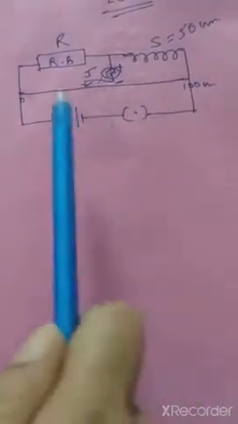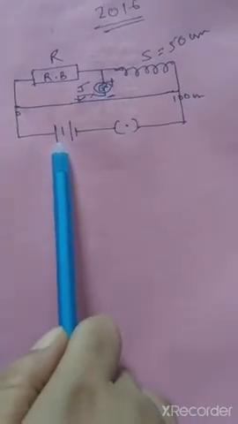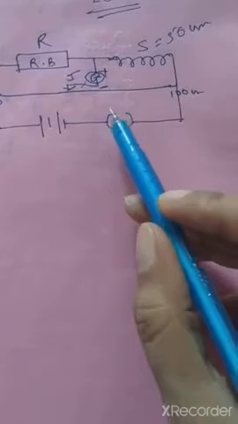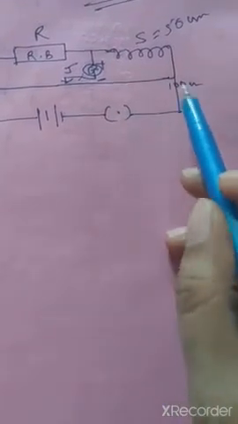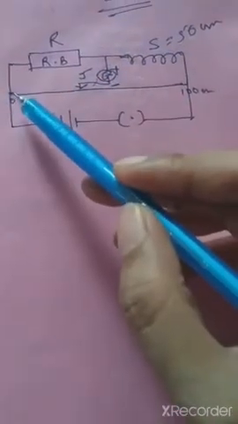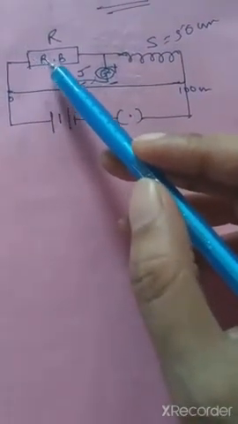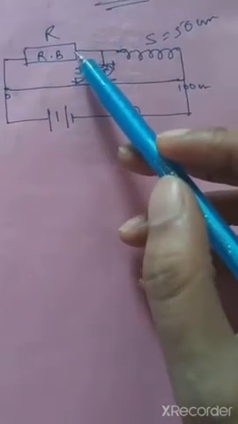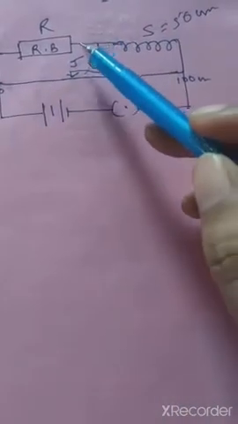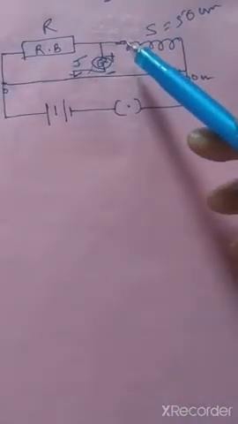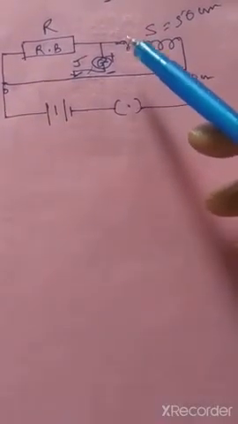So here you will take a connecting wire, connect it with the positive terminal of the battery, the negative will be connected with one end of the key, and the other end will be connected with the 100 centimeter. Here the circuit is complete. Now take one wire, connect it with one end of the resistance box. Take another wire, connect one end of the resistance box and connect it with this coiled wire. Clear? So there will be two terminals on that. So one terminal you connect with the resistance box.